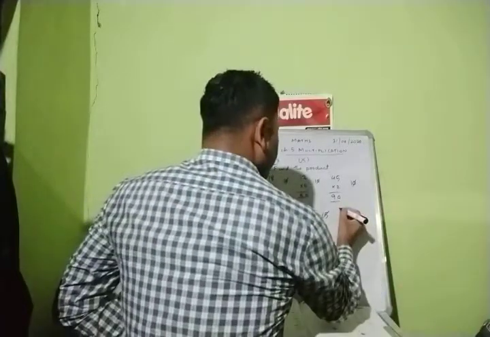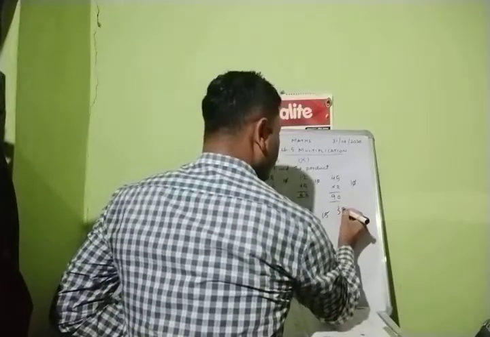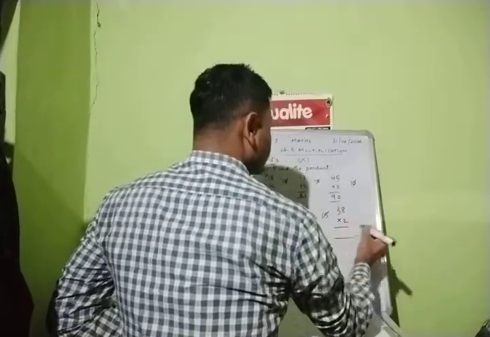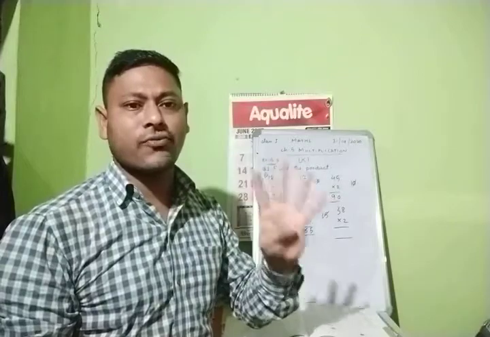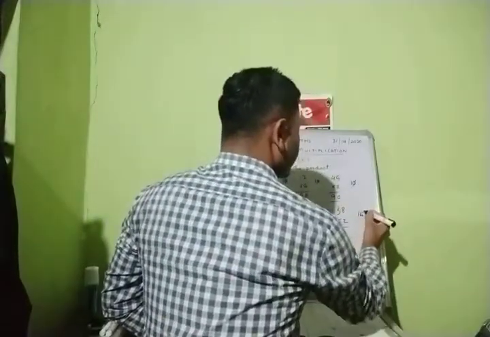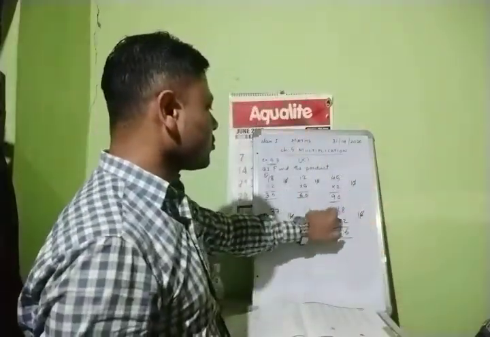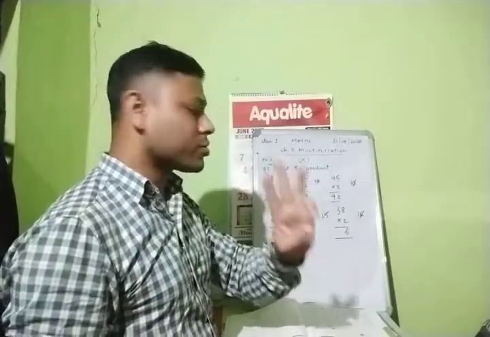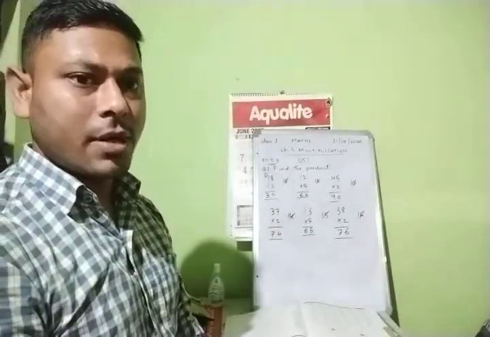In the same way, next question. 3 8 into 2. Now 2 into 8. 2 1s are 2. 2 2s are 4. 2 3s are 6. 2 4s are 8. 2 5s are 10. 2 6s are 12. 2 7s are 14. 2 8s are 16. So you write here 1 6 16. Then 6 is there in the first, so 6 you write and cut it. What is left? 1. Then again 2 into 3. 2 1s are 2. 2 2s are 4. 2 3s are 6. 6 plus 1, 7. Right? Clear to you everyone? Okay.